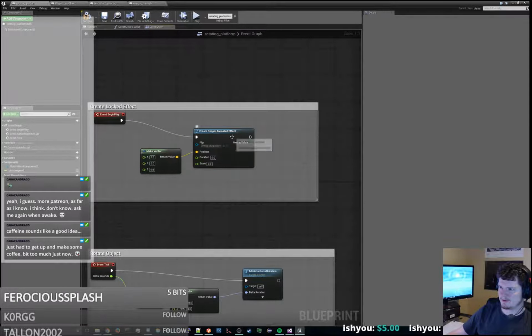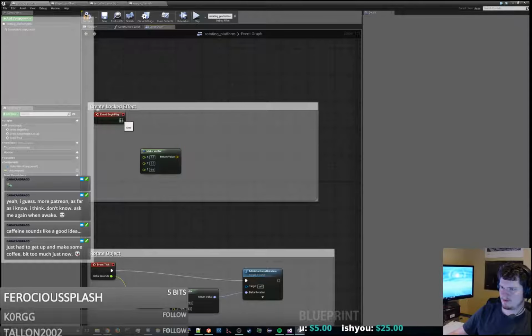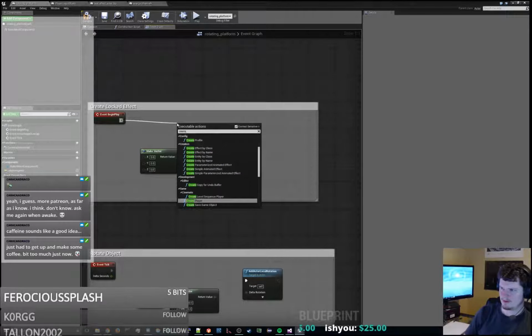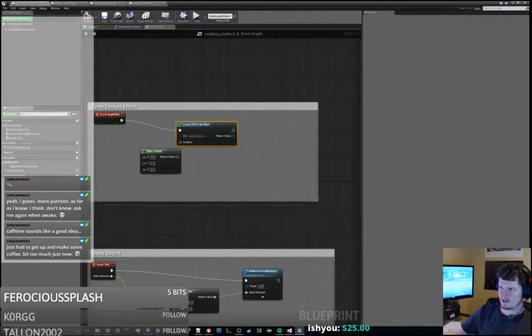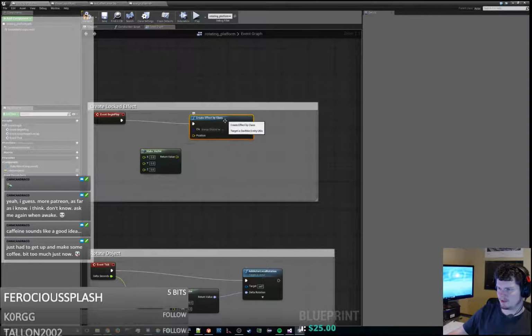And then we're creating a simple animated effect, and we're making not a simple animated effect, it's going to be the create effect like class, and then we should be able to, yeah, we'll grab energy channel, throw it in this position,